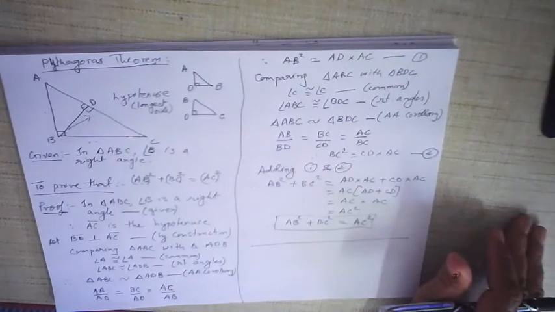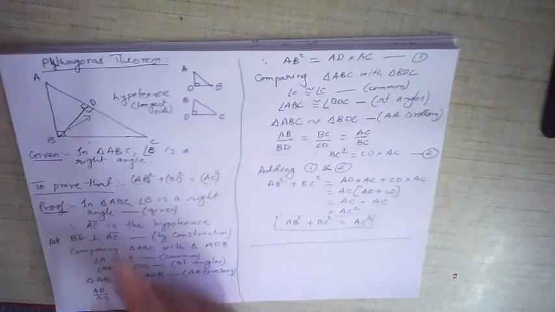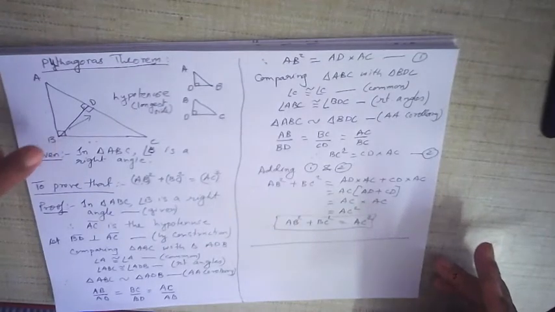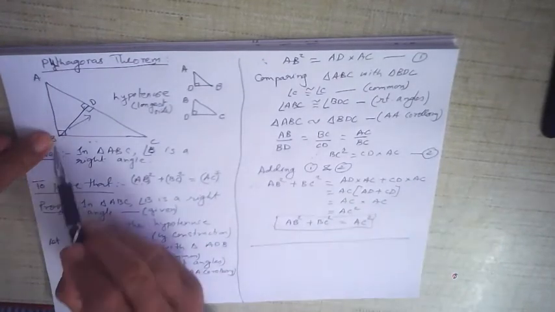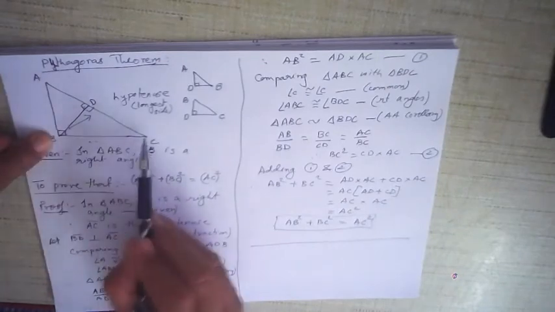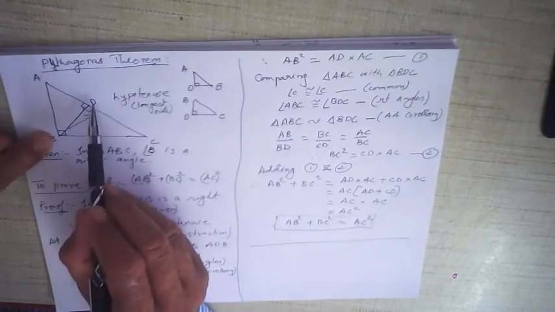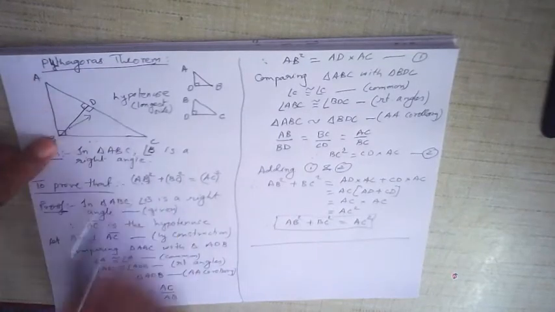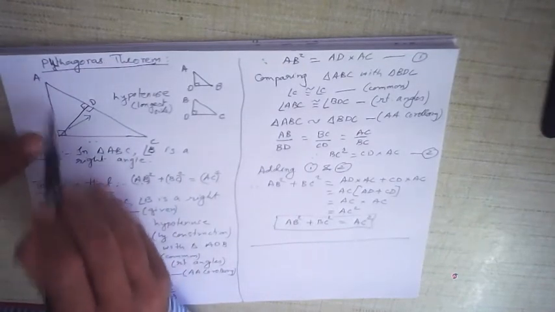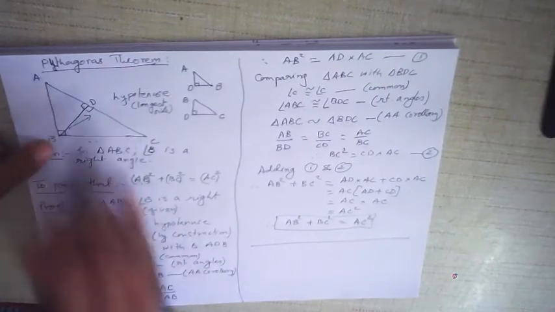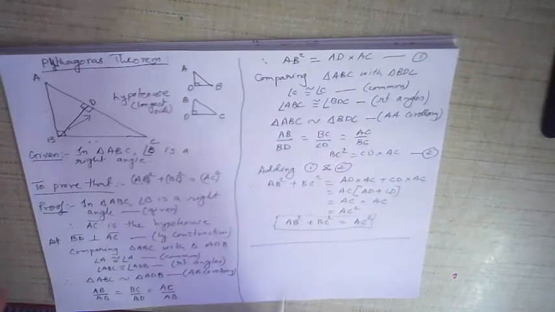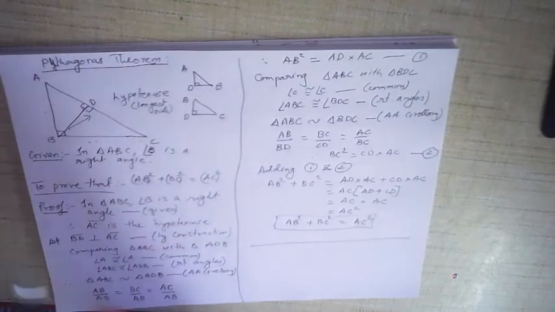Once again, what is Pythagoras theorem? Pythagoras theorem is about right angle triangles. In a right angle triangle, there can only be one right angle. The side which is opposite to the right angle is called the hypotenuse. The hypotenuse is always the longest side of the triangle. In triangle ABC, angle B is a right angle, therefore AC is the hypotenuse. And AB will be less than AC, BC will also be less than AC. Pythagoras theorem is specifically about right angle triangles only, and it is an extremely useful theorem, both in trigonometry and in geometry.